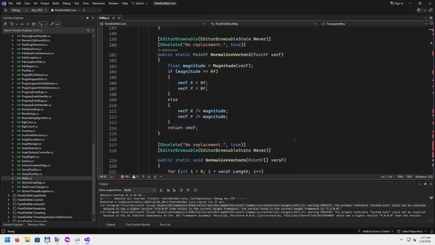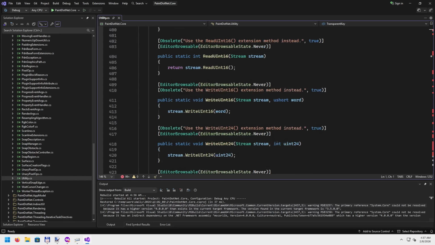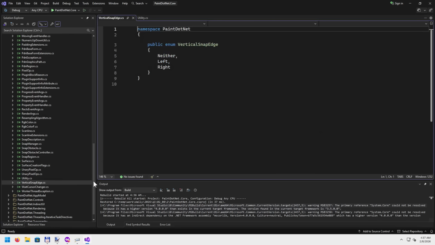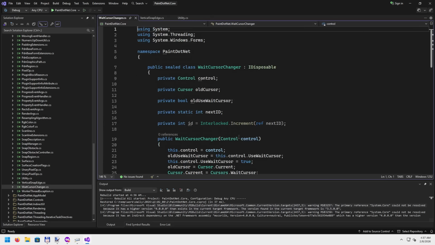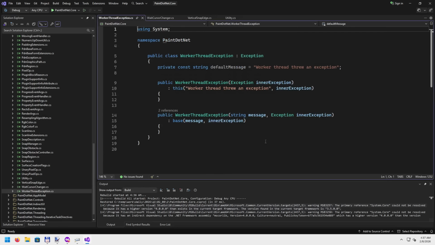So the decompiled source code again looks easy to read. It's not obfuscated at all. Yeah, it's missing the comments and documentation strings, so documentation for individual methods, identifiers, classes, etc. Because even if those exist in the original source code of Paint.NET, when the compiler works and generates the DLL,